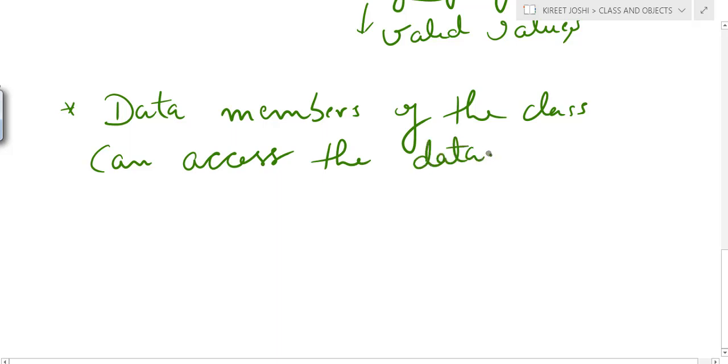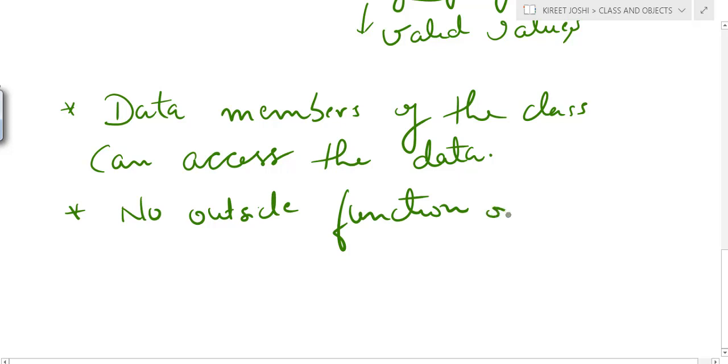There should be no outside function or outside user that can access your data directly. User means the user that is trying to access your data.